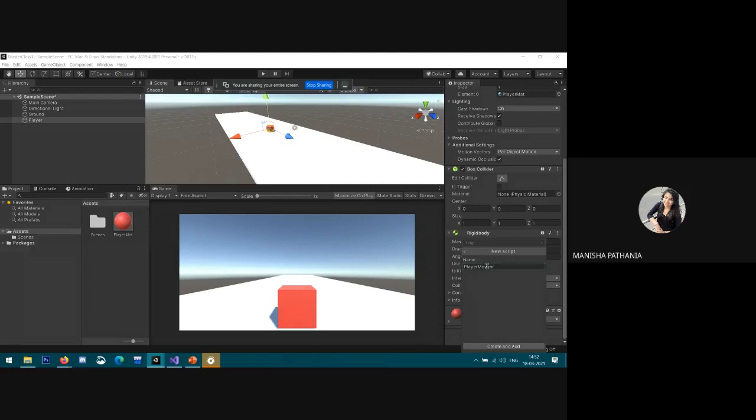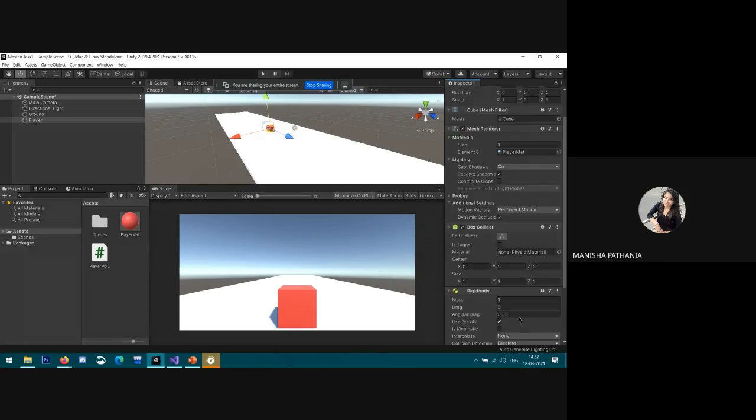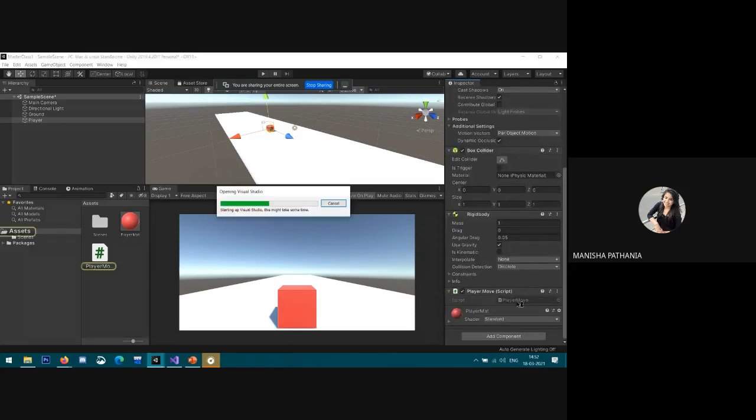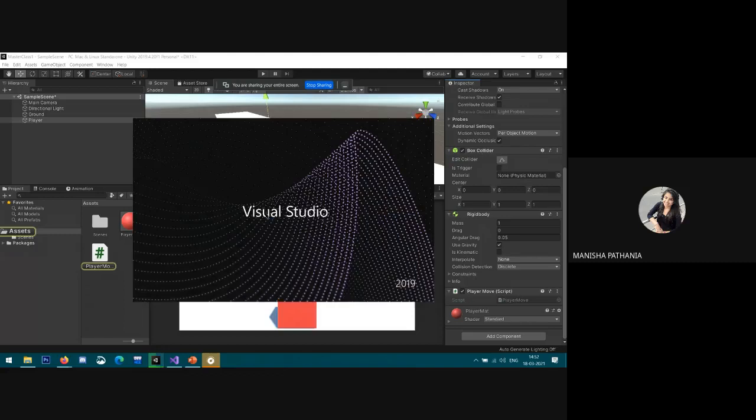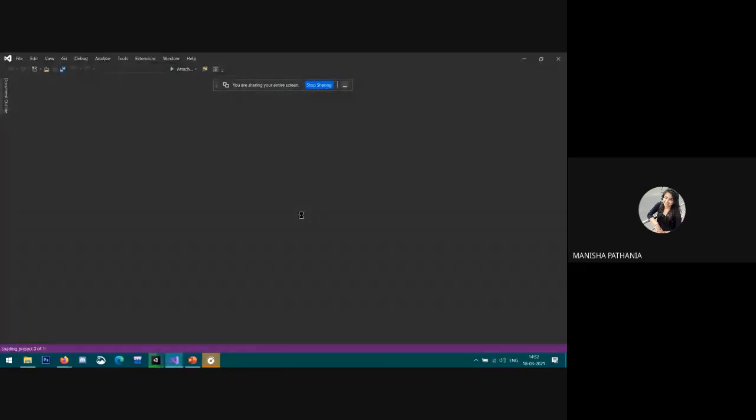Create and just open it by double clicking on this. It will open in Visual Studio. Now I'm going to write C# scripting here for the movement.